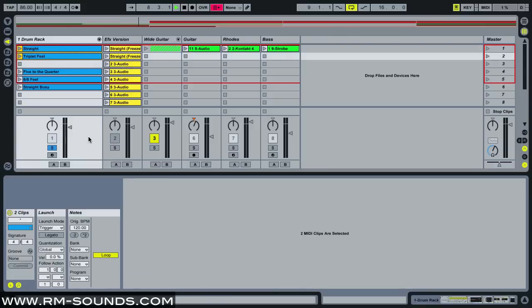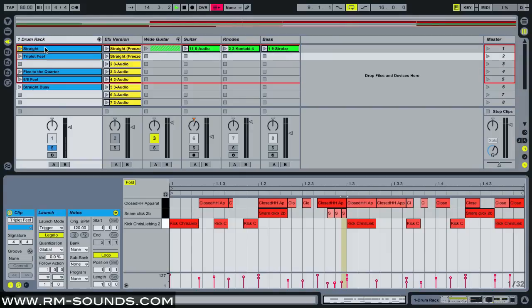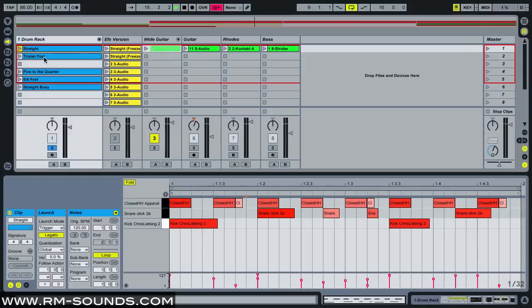And the way you find Legato is down in your clip settings area, down here in the lower left corner. If you don't see your launch window, click this little L down here. That'll bring up this launch window, and among other settings, you will have your Legato button. Go ahead and turn Legato on, and now what's going to happen is, as we switch between these two clips,